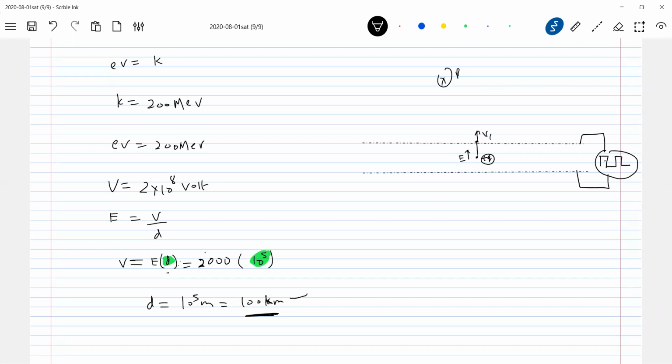Now B, let it be into the plane. How will it bend? The magnetic force will act and it is going to revolve in a circular path. Here there is no magnetic field. In this gap, no magnetic field. There is a magnetic field everywhere else. The electric field exists only in the gap. Now again it enters here. By the time it enters here, I'll change the direction. You can see the positive and negative peak. Are you able to notice here? Positive peak, and here the field will be.